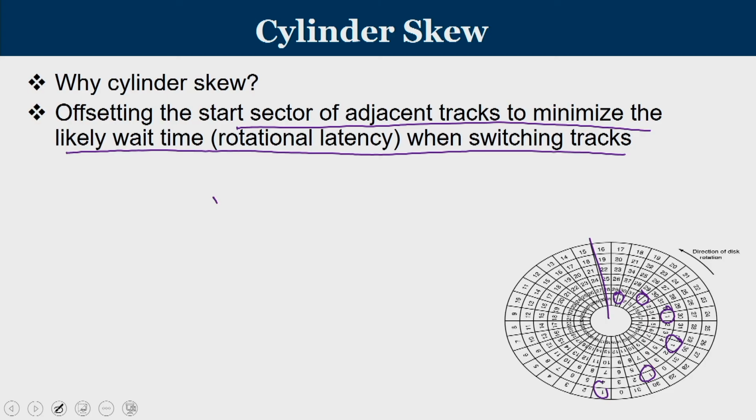now you want to take the data from the very next cylinder. So, the head is going to detach itself from track 0, let us say here, and then move to the next track. By this time, since the disk is rotating, by the time you take off from track number 0 and touch down on track number 1, some of the sectors have already slipped. So, to avoid that, sector number 1 or 0, whatever is the beginning sector of the next track, has to be slightly adjusted or shifted such that during this takeoff and landing time of the head, you are not going to lose your data.